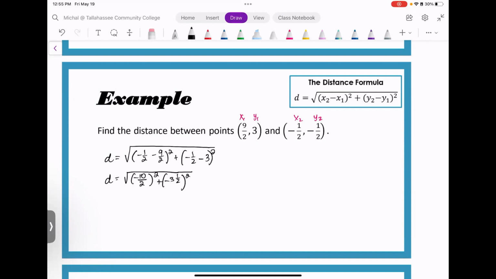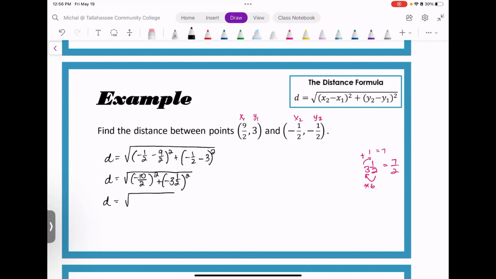It's important to note that we should always be writing numbers not as mixed numbers, but as improper fractions. It's just the best form to use when we're doing advanced mathematics. All right, so just in case you don't remember how, for 3.5, I take 2 and multiply it by 3 to get 6, and then I add 1 to equal 7. So this is 7/2. So I can simplify this further as d is equal to the square root of -10